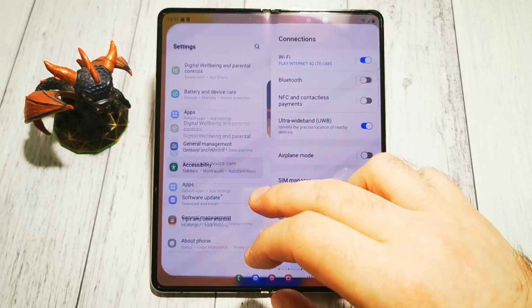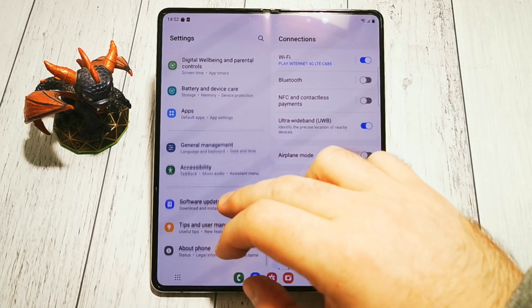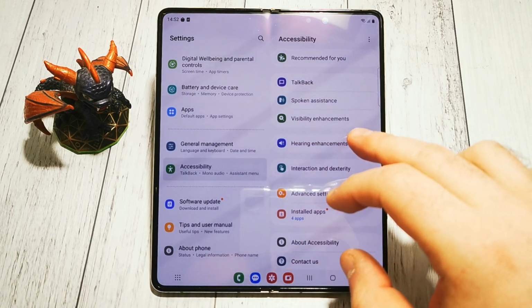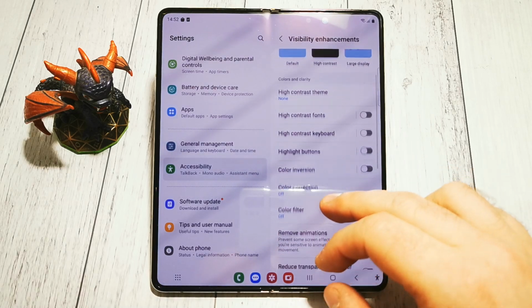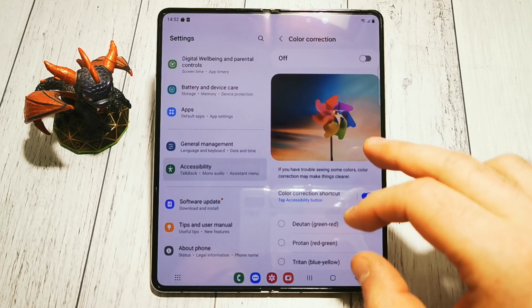To disable this shortcut we have to go to settings, then we're looking for accessibility options, and in accessibility options we have visibility enhancements, and in visibility enhancements, color correction. As you can see, now it's turned off